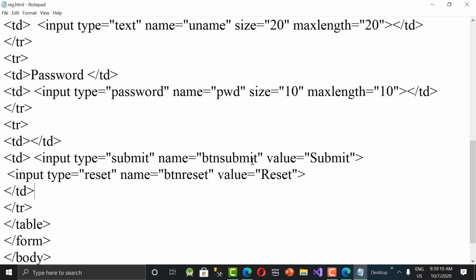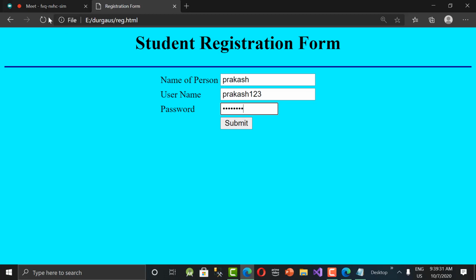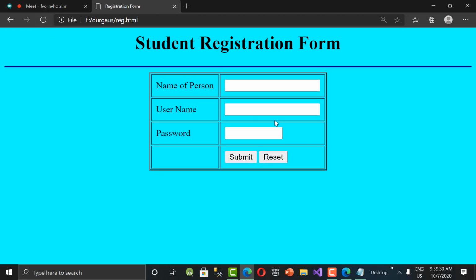In a login form we don't want anything like this, but it's a registration form now, so we can go for reset or clear. Because the first user is registered and a second user wants to register, in that case this is useful. Let's reload and see. Now you can have submit and reset. I'm typing some name now, Prakash G, username Prakash123, some password, and then submit.